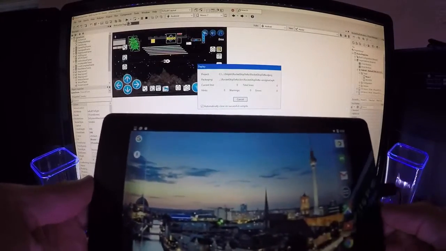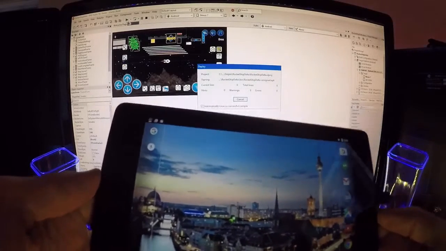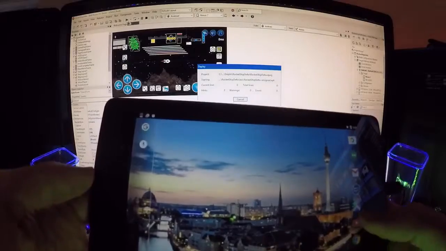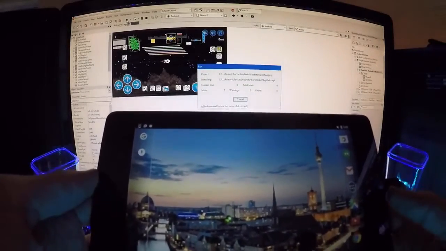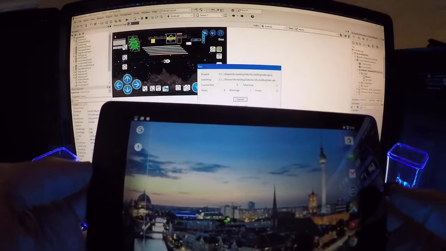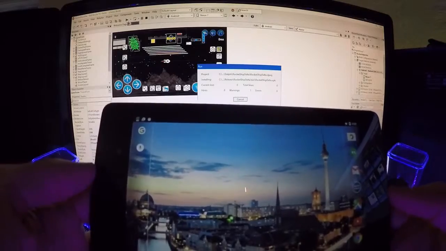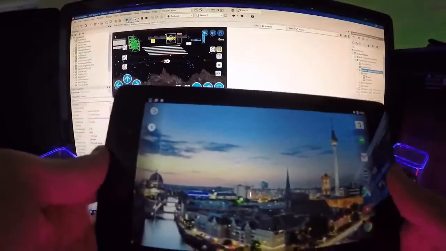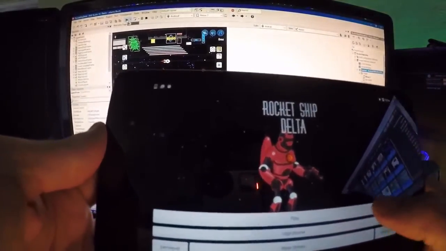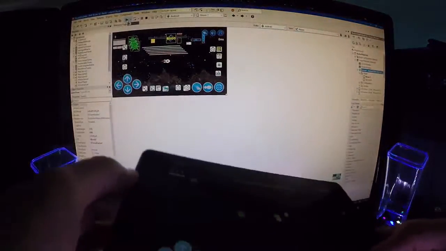And so once the Rocket Ship Delta deploys over here to the Nexus 7, I'm going to turn on the motion sensor and then show you the control on the Android device using the motion sensor in Rocket Ship Delta. So it's installing the APK now over to the Android device. So it's connected via the USB cable directly into my computer and connected to Delphi. So there's FireMonkey launching. I'm going to hit play here, continue, and then so I've already got the